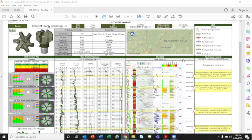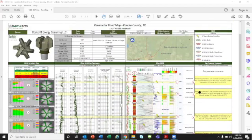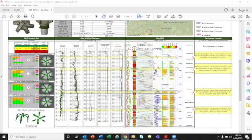It's actually for, I couldn't find my 9 7/8, which were the 3 good runs that we had to TD where we one ran. But this is a good example of something that doesn't happen overnight. It's over the course of multiple runs and some modeling. You can see those columns there. So this is basically just a drilling parameter roadmap, is what I would call it. And you have your as drilled run parameters shown